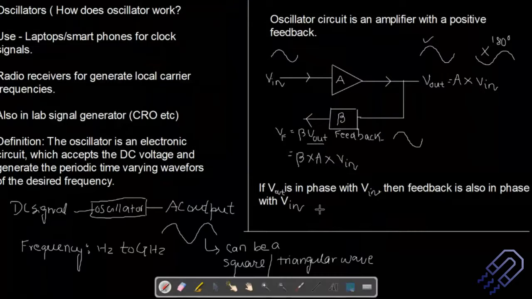So now what happens is, let's say I have taken a feedback from the output and I have removed V in. What's going to happen? So let's just try to understand this. So let's say I have,